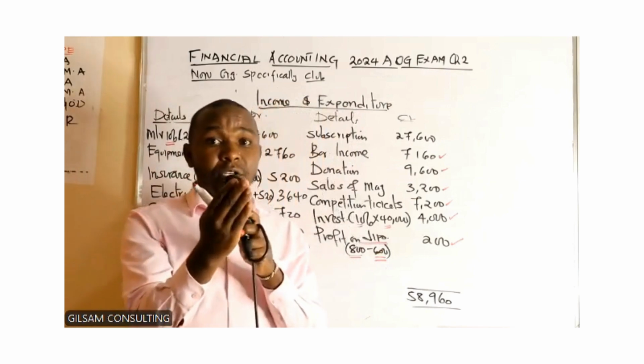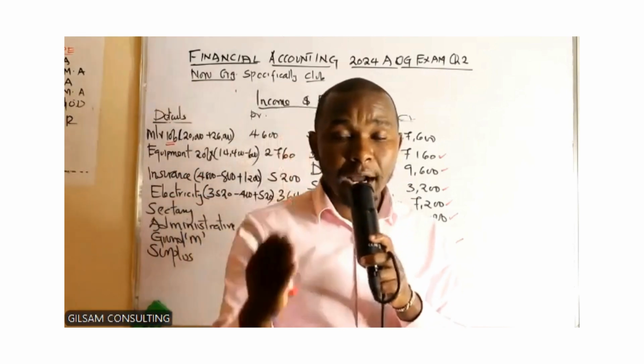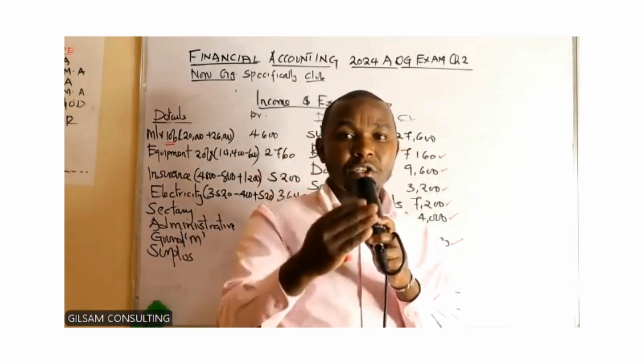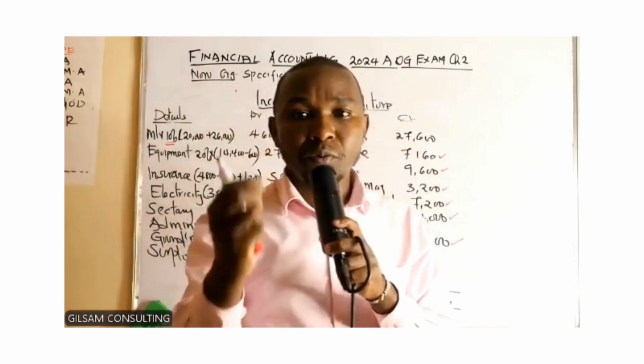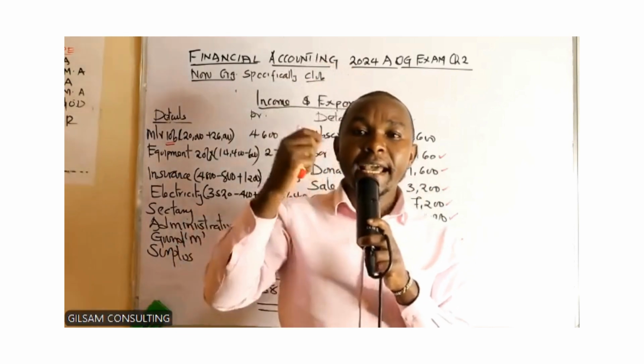Equipment is the same. We have the value in 2023 of 14,400, but in the note, we have been told they disposed an equipment which had a net book value